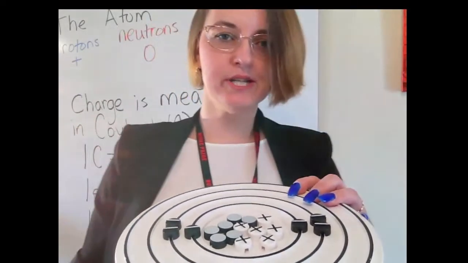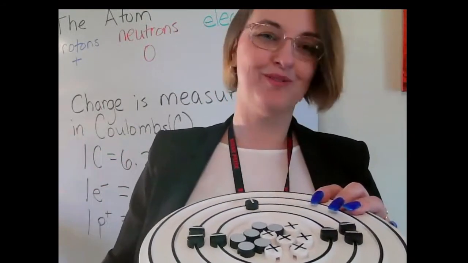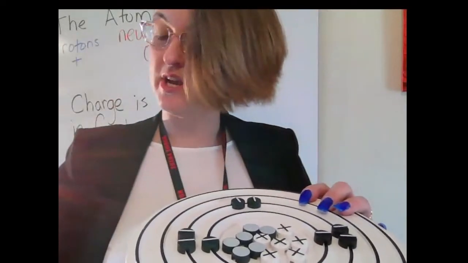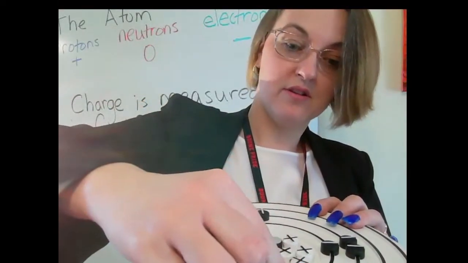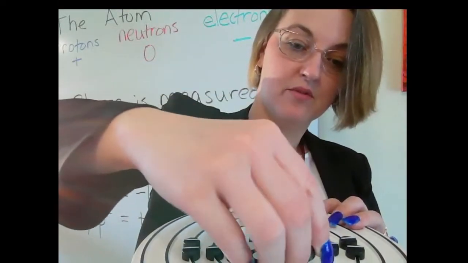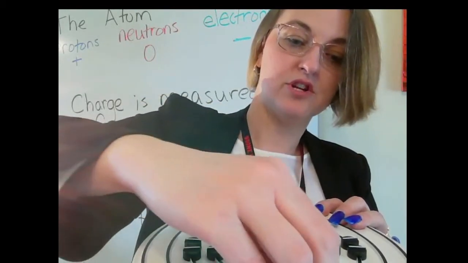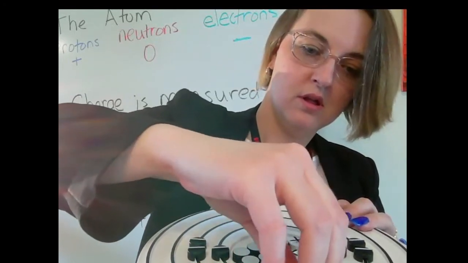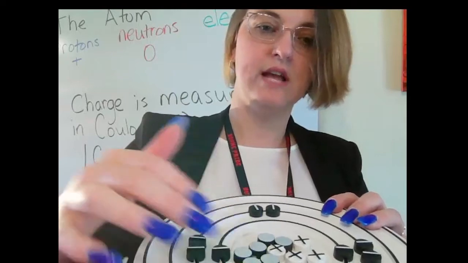What if the atom were to gain some electrons? So I'm going to add some electrons here. I'm going to add up to 8 electrons in the outer shell, because if an atom has 8 valence electrons, it's full. 8 electrons makes the outer shell full. But if a carbon atom were to gain these extra electrons,